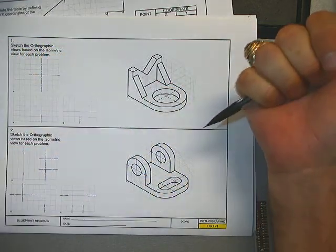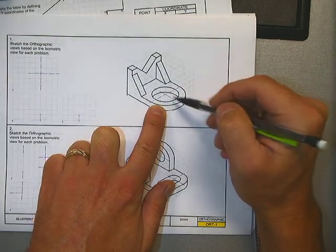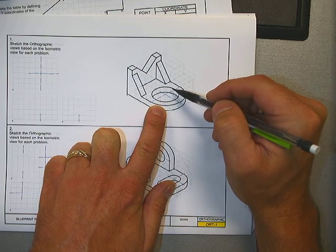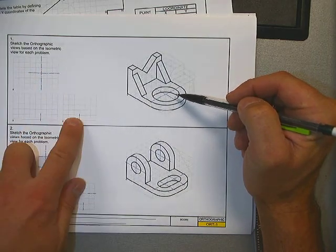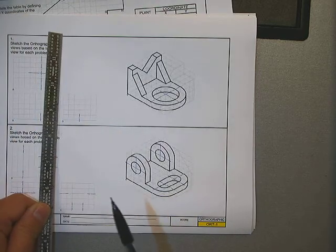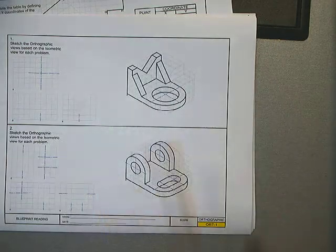Now, when you start with these drawings, we give you a few things to help you out. You'll notice that we have 2 center lines here. You know they're center lines because it is long, short, long, short. You can see that this center line from the top view is going to translate to here, here, and here. Remember, we can always share a surface between the top and the front, and between the front and the right